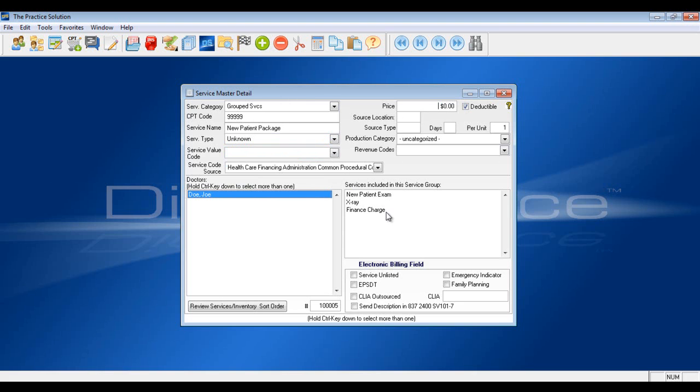The price can be left alone because the individual prices of the services will be charged rather than a price set in the group services section. Source location, units. Now, when I go to select the services, similar to how I select my doctors,